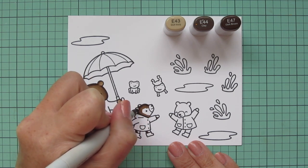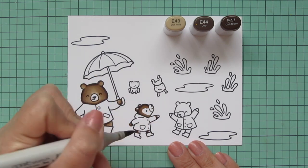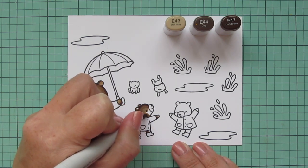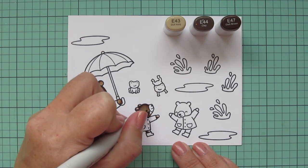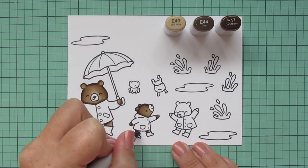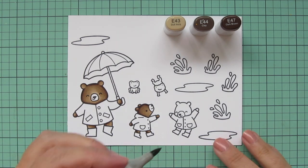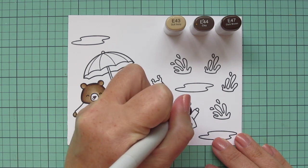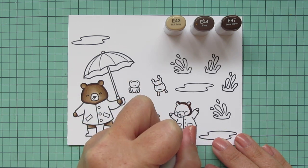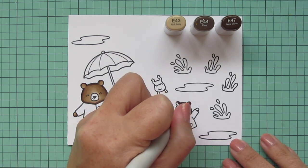So then I'm moving on to the little cubs, and like I said, I wanted them to look like a little family, like a mama bear out with her two cubs. So I'm going to use the same shades, except I'm going to do my shading in a little bit of a different way. I'm doing the shadows for this one on the left hand side since he's facing toward the right. He also has his face upturned toward the light, so I wanted to keep his muzzle area nice and bright. And then for the second cub, I'm going to reverse the shadows to the right hand side since he's